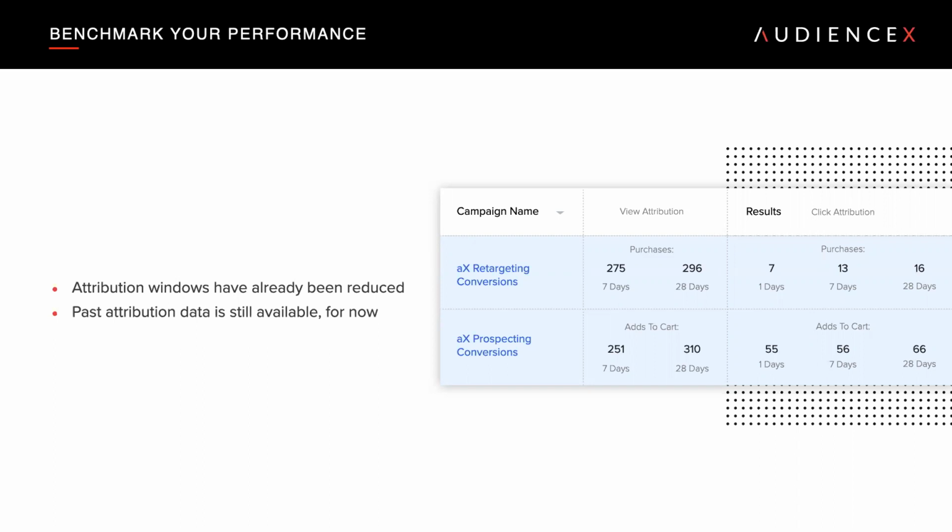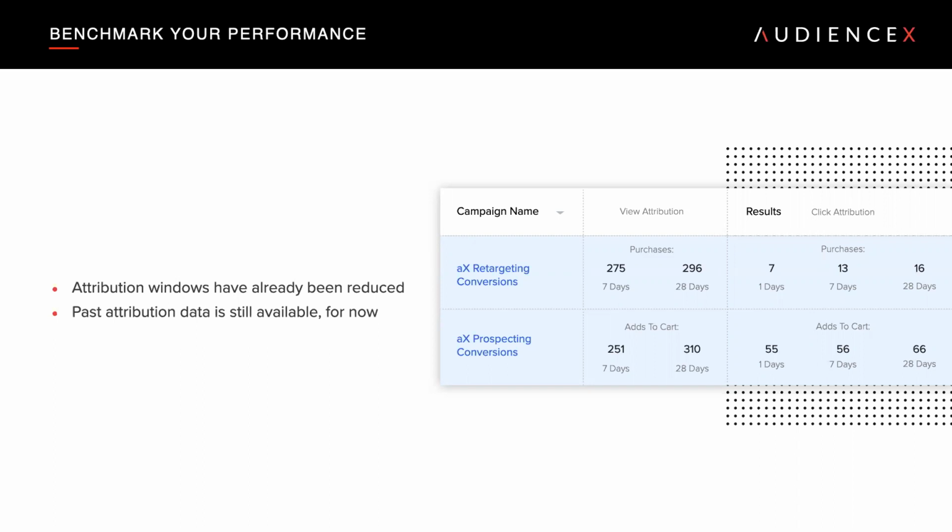So for those of you familiar with attribution models, like we can see here in this table on the right, we've got attribution occurring within the predetermined windows of 1, 7, or 28 days. Specifically, if we're looking at the click attribution data in the lower right box, we see adds to cart from 1 day, 7 days, and 28 days.